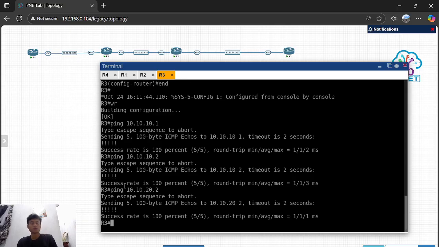So the configuration is successful. The route reflector works, and this is the configuration of BGP.